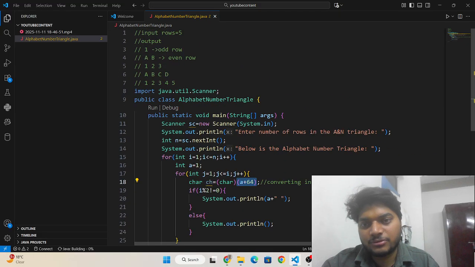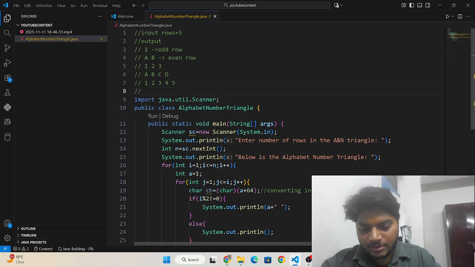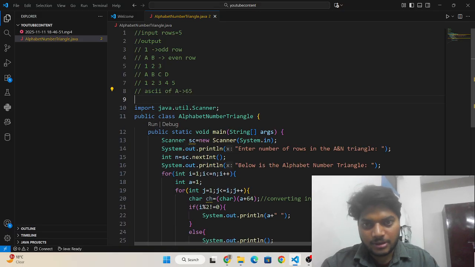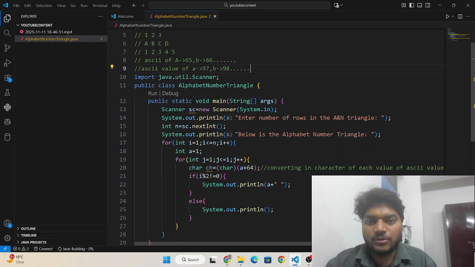If you don't know, the ASCII value of capital A is 65, and the ASCII value of small a is 97, and for B it is 66, and for small b it is 98, and it continues.